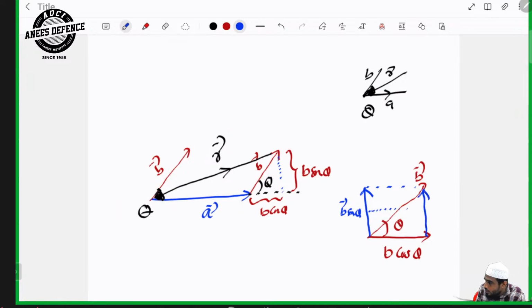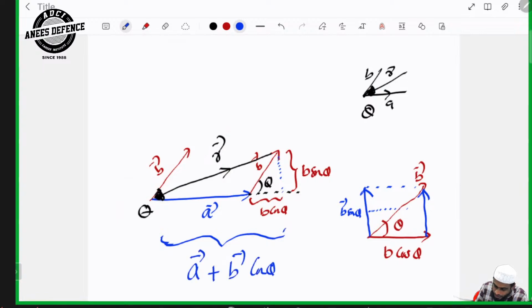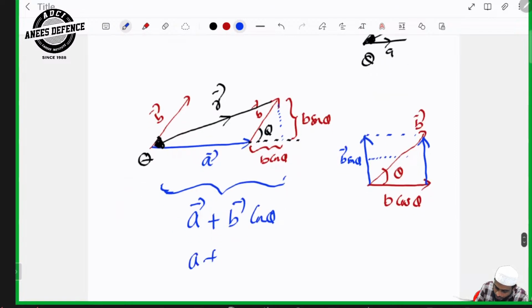The same thing happens here. Understood? Yes, sir. So what is this total length? The length is A plus B cos theta. Good. In magnitude, A plus B cos theta. So this is the angle between